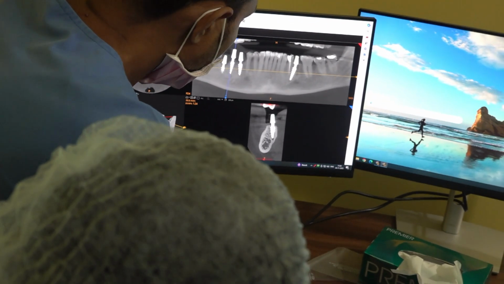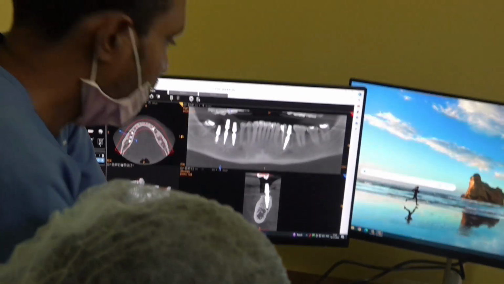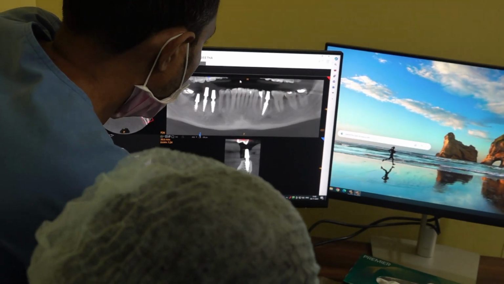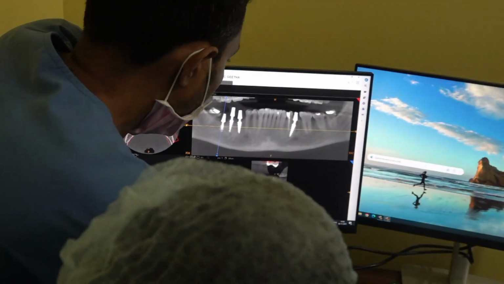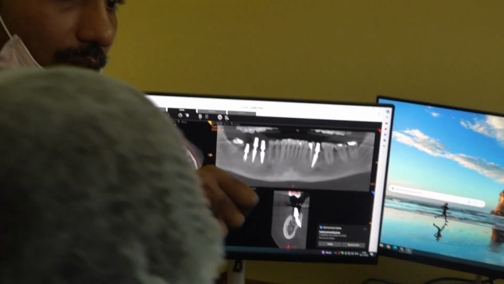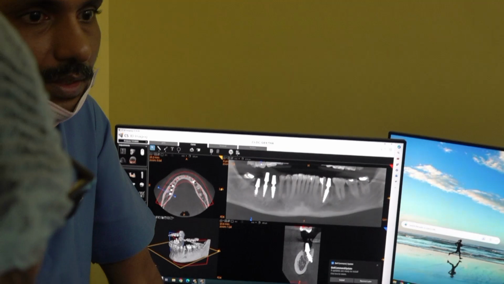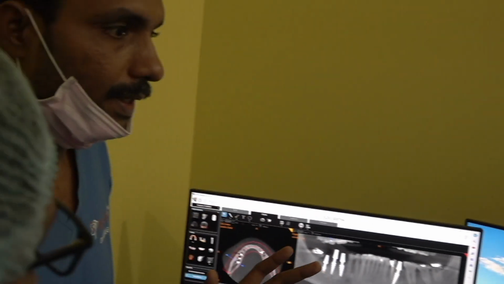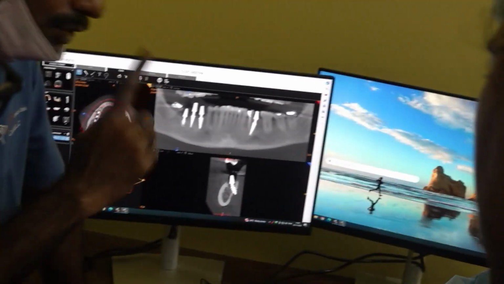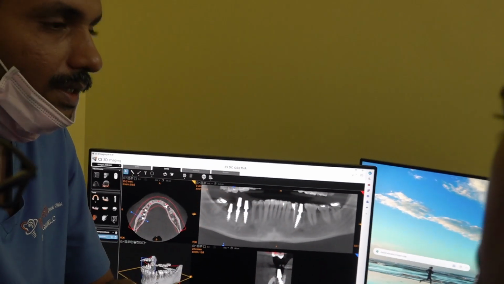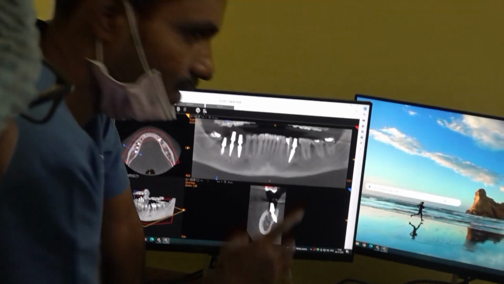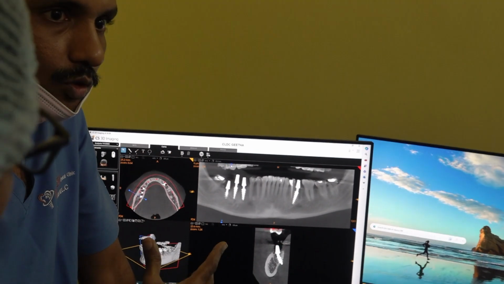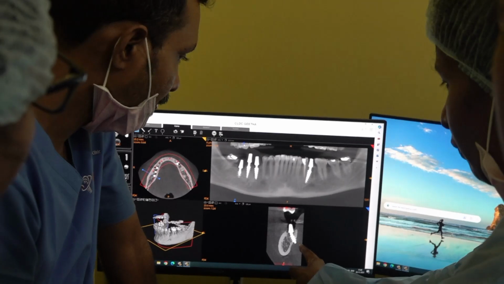Should we retrieve it a little like this, or lock it once, or drag it? But if I bend it, you cannot retrieve it. See, if you bend it, then you cannot retrieve it, because if you bend it, it will turn like this. So before bending, make sure it is correct. What I should have done is I should have taken the X-ray, then gone for the bending. Yesterday many cases we did like that. We took X-ray. Sometimes when the patient is very much not cooperative,